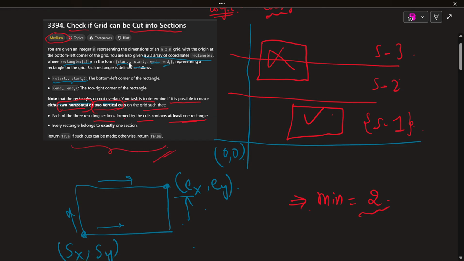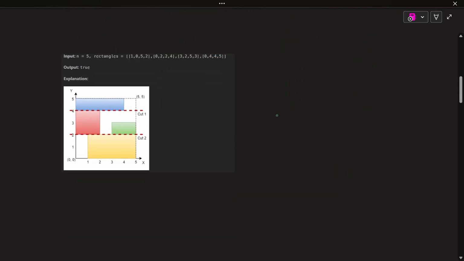Let us see one example and understand what to do. Given 1, comma 0, comma 5, comma 2, that is the 1, comma 0 coordinate, and this is the 5, comma 2 coordinate. Next, this is the first rectangle. Now, 0, comma 2, 2, comma 4. This is the second rectangle. 3, comma 2 and 5, comma 3. This is the third rectangle. Next rectangle 0, 4,